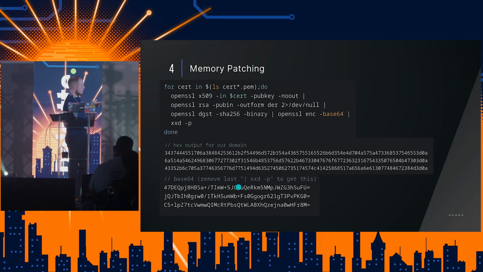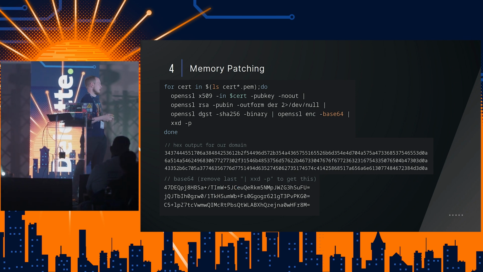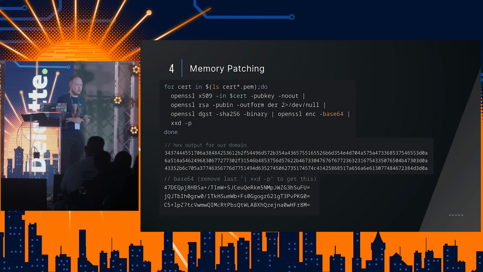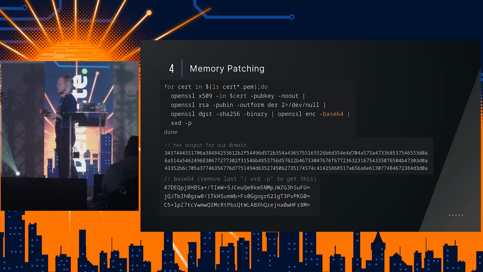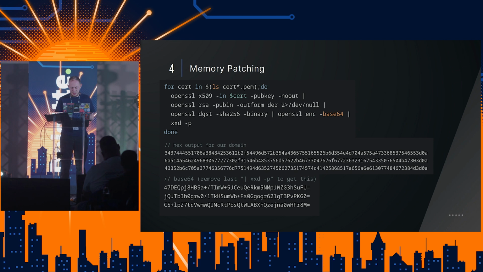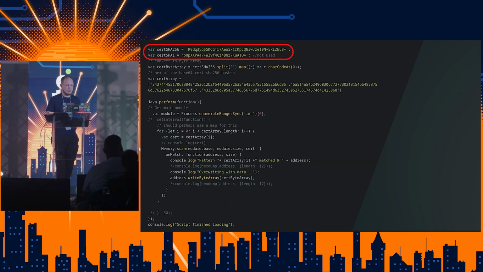Now, if we look at the bottom there, we will see the base64 encoded versions of them, and that last one may or may not look familiar. So that is actually the hash that was used in the slides at the beginning for the certificate pinning. I have already seen that hash way too many times. Now, if we move over to our implementation here,